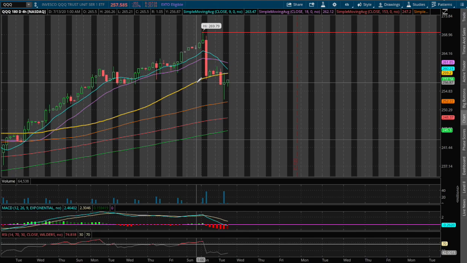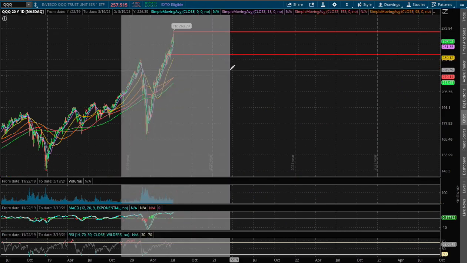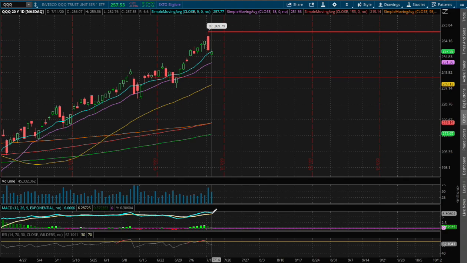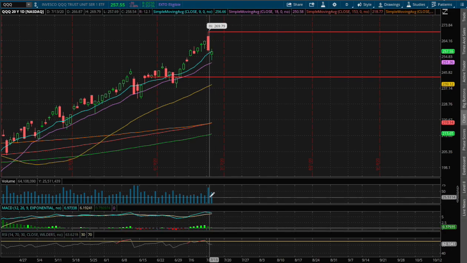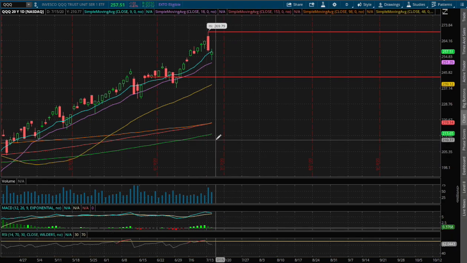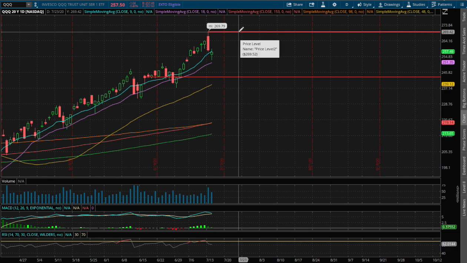as our resistance. If we expand that further onto the daily chart, we saw a divergence in the daily MACD, and we did see a large volume to the downside on Monday. We were overbought, I should say, Friday and Monday as well. And at the moment, the 9 moving average, this blue line, will act as our immediate resistance, and this upper